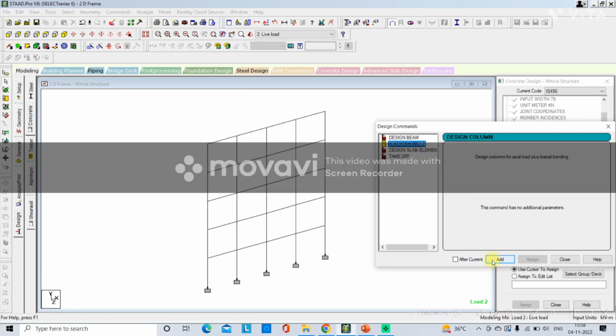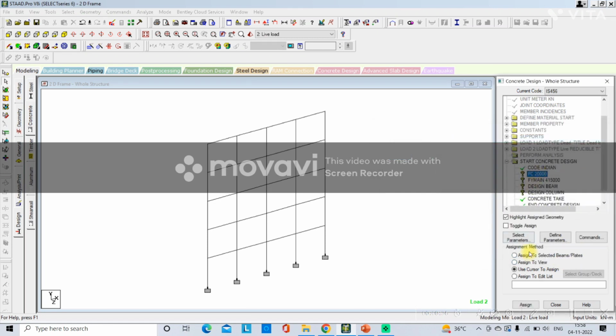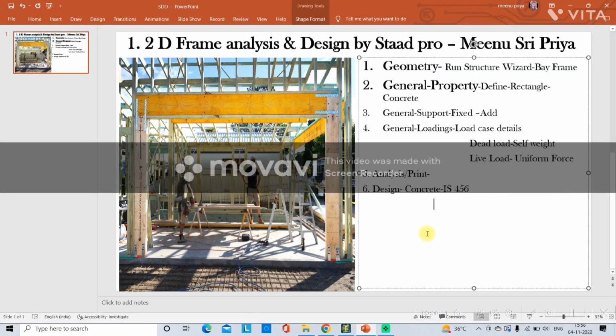So these are called the design parameters, and this one is called the design commands. Design beam we are giving, design column we will give, and takeoff for the estimation. Another two parameter commands we will give to the beams and columns there. Close it. So FCK for the total structure. Assign to view, assign. FY main, assign to view, assign. So when you're taking the beam,